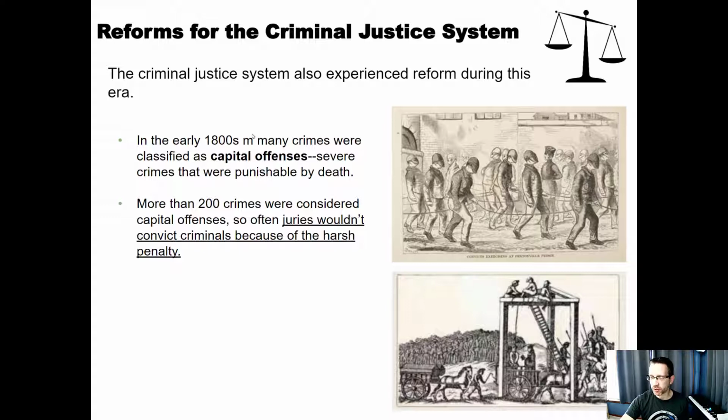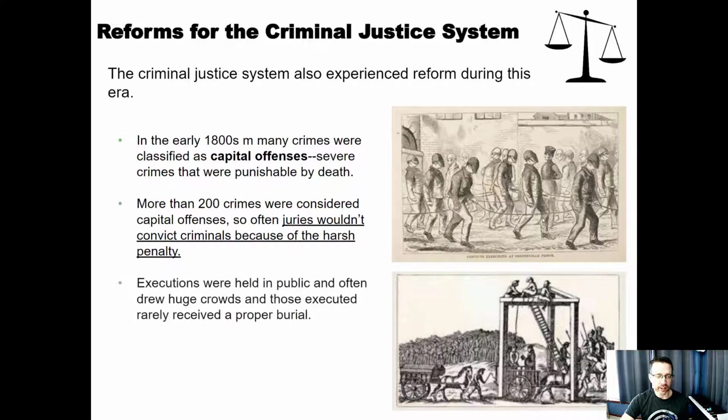When we think of capital crimes, we think of very serious things like murder. Like we may put you to death because of murder. But back then it was a lot of other things. Like I said, up to 200 things. Here's a picture of people exercising, which basically you put on a mask and you're chained and you walk in circles, right? And also executions were public, and they were, I don't want to say entertaining, but they drew big crowds.